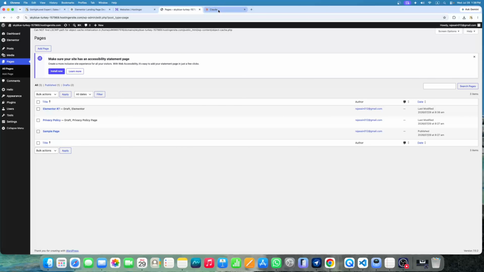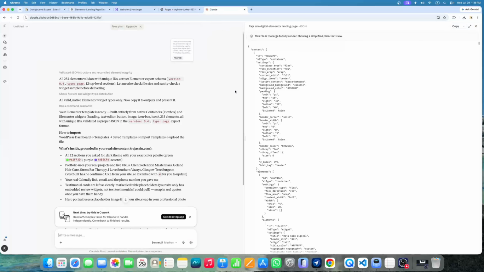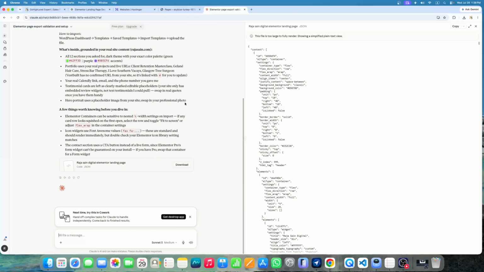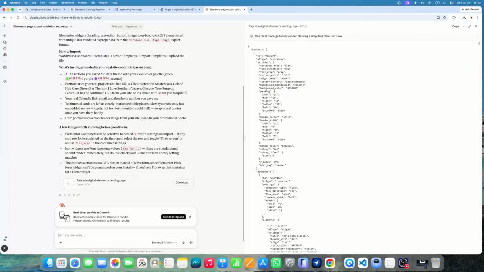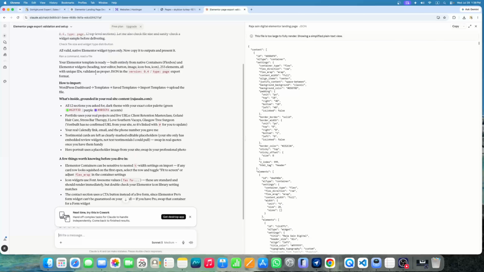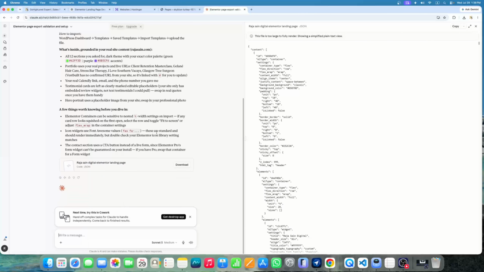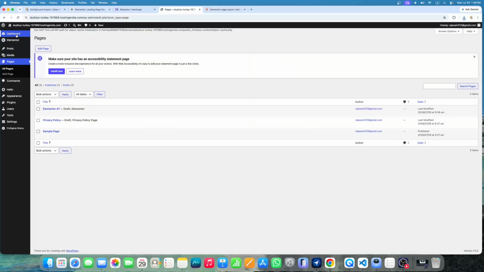Perfect. So now we're going to go back again to Claude, and here we go. Now you can see that it has already created a file for us. Here we go. So we need to click on it to download it, and then the JSON file is downloaded, right? So it did everything for us. So now we have to go again to WordPress, right? I'm going to go on the dashboard,